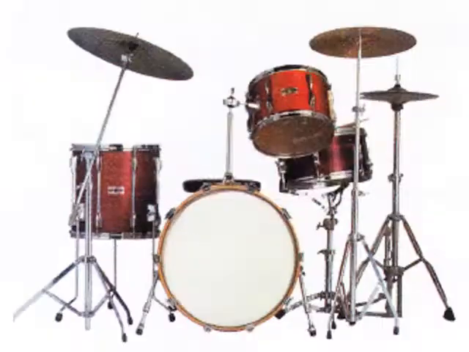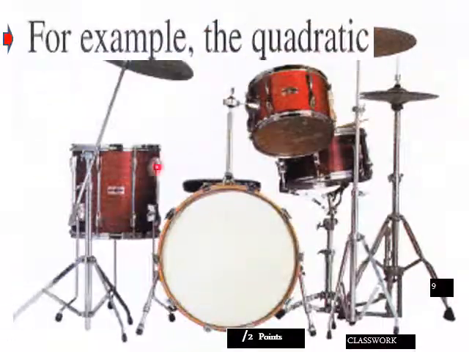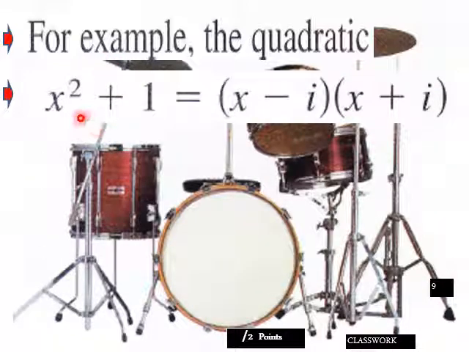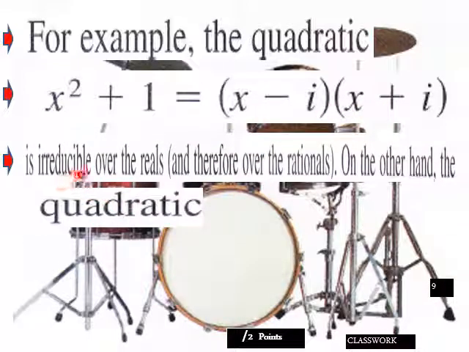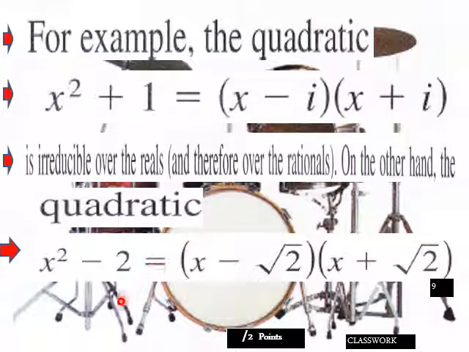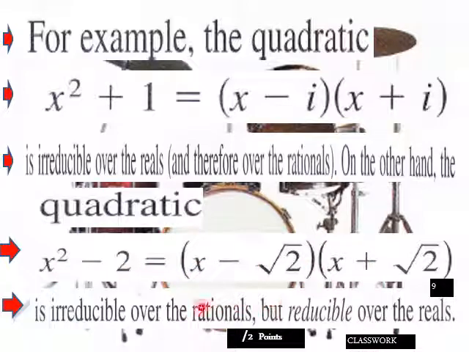Speaking broadly, it's getting very technical. For example, the quadratic x squared plus 1 can be written as x minus i, x plus i, and is irreducible over the reals and therefore over the rationals. On the other hand, the quadratic x squared minus 2, when you write it like this, is irreducible over the rationals, but